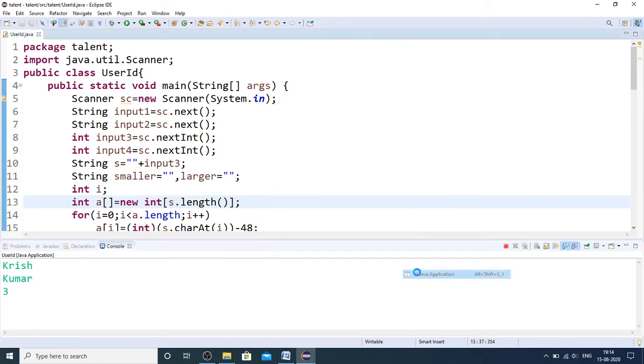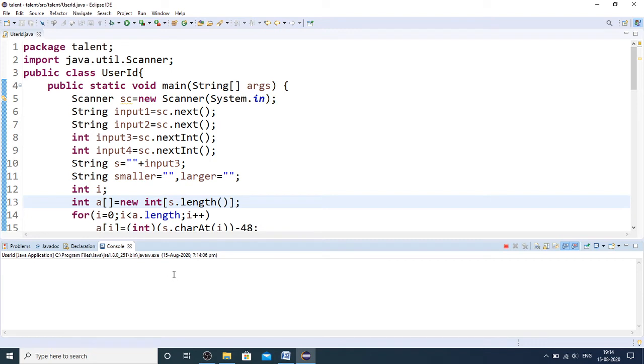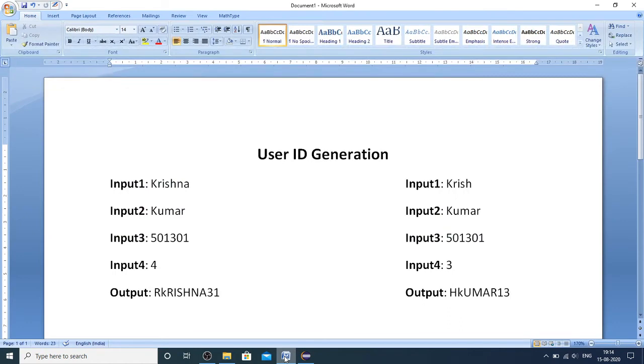I missed it. It's Krish, Kumar, 501301, and then position 3. So here you can see this one. The second test case also you are getting it.